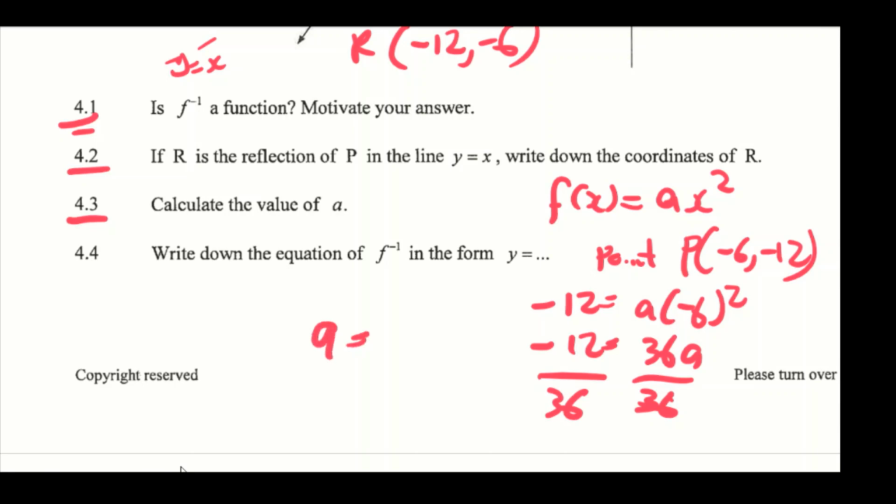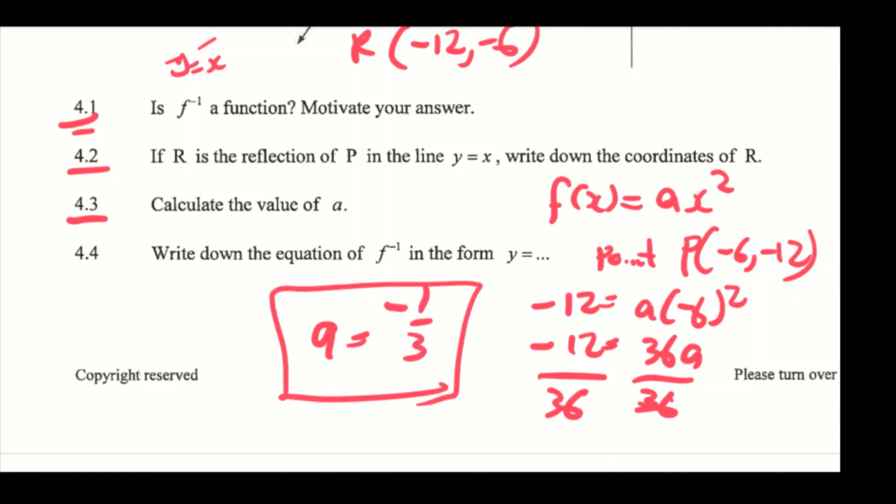So our a value is equal to minus 1 over 3, right? So let me write it properly. So it's minus 1 over 3. So this is our a value. And then 4.4,